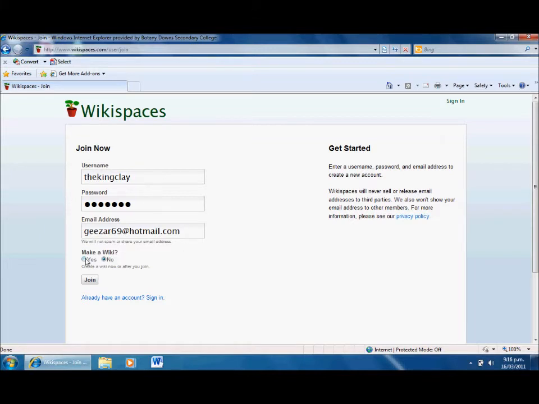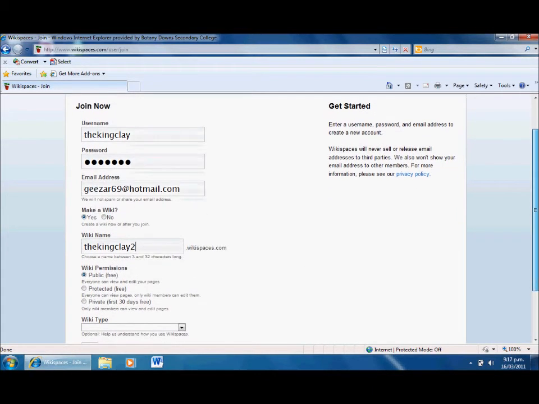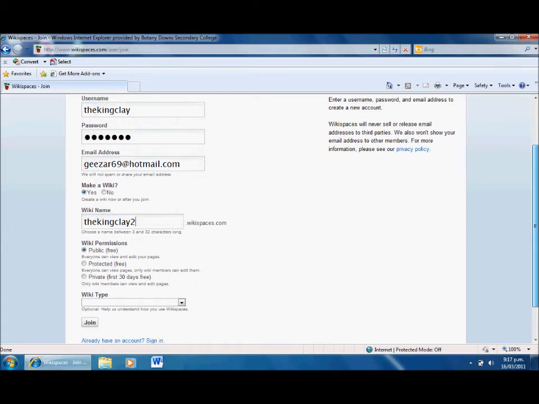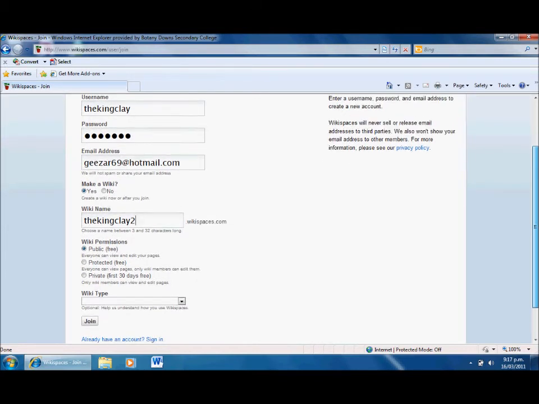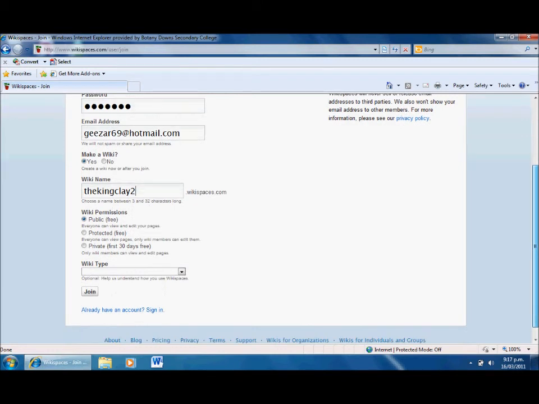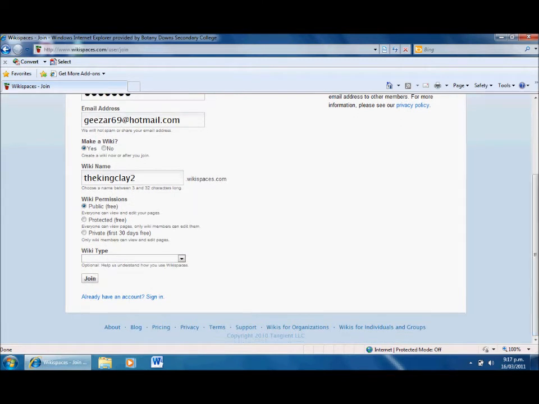And then I'm going to choose to make a wiki, and I'm going to give my Wikispace a name. Now, I've done all that, so I've basically given myself a username and a password, just like I would do if I was creating a Gmail account or something like that. Put my email address in there, as classy as it is. Put in that I want to make a wiki. The King Clay 2 is what I want to call the wiki, so it's going to be the